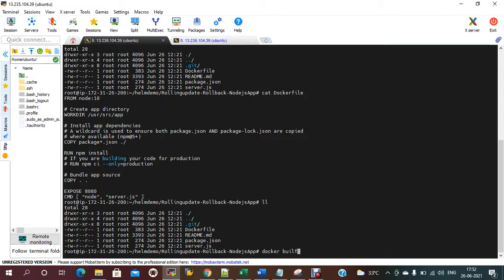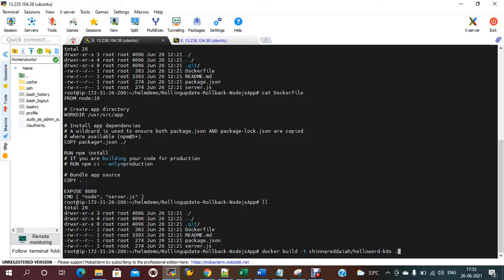Docker build -t. I'm tagging with my GitHub username, this is my GitHub username, and hello world. I'm giving an image name: hello world Kubernetes.